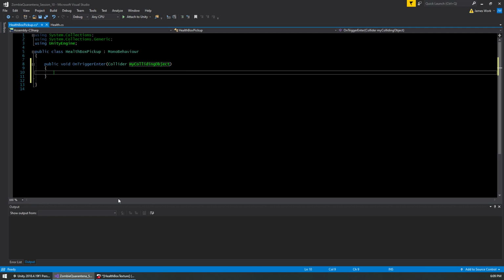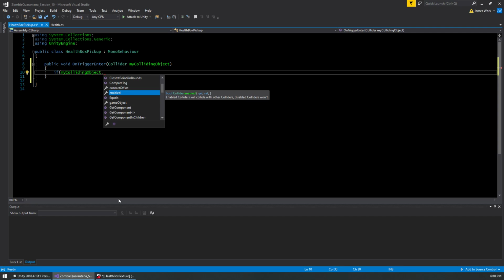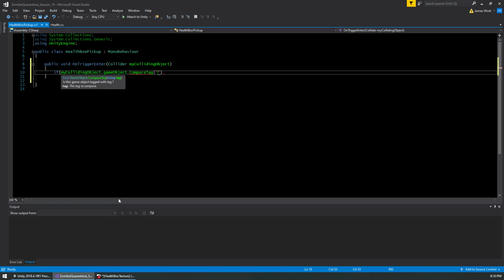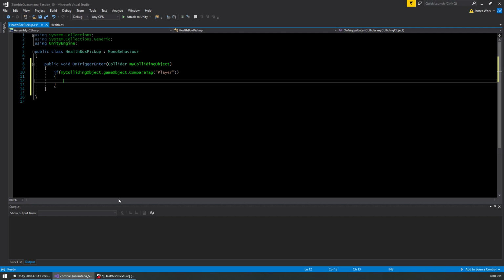Okay, so this says if something runs into the box, we want to do a couple of things. The first thing we do is see if it was the player. If the zombies run into the health box, we don't want anything to happen at all. In fact, we're going to make the zombies run around the health box in just a second by having it impact the nav mesh. Okay, so on trigger enter, we're going to say if collidingObject.gameObject.CompareTag is the quote Player, then